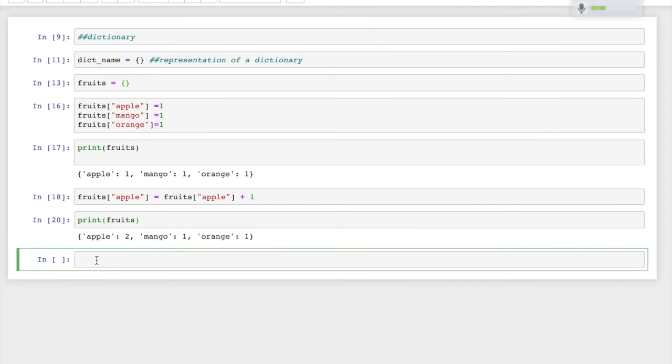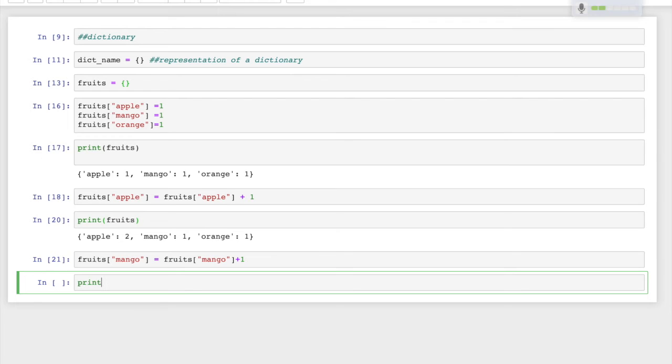For example, now you pick up a mango: fruits mango equal to fruits mango increment by 1. Now you check it.